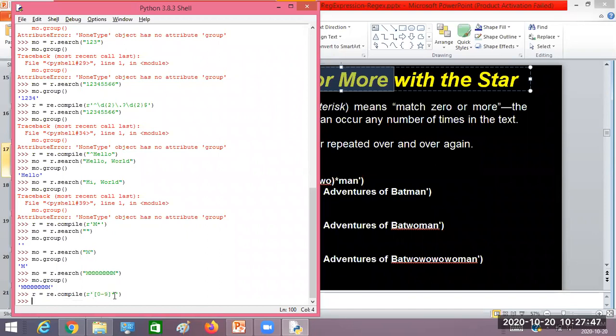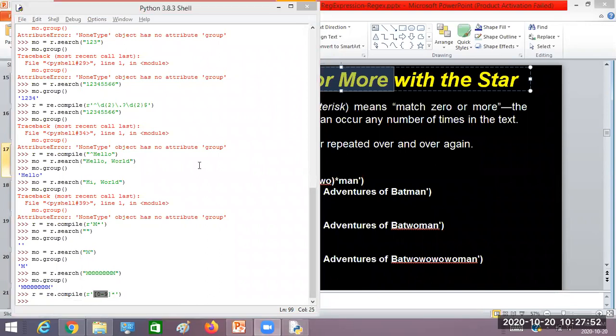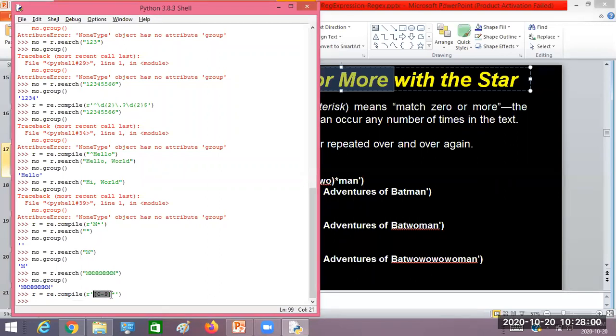This character class matches a single digit between 0 to 9, and the star means 0 or more occurrences of a digit. That means it can accept empty data, or a single digit, or 2-digit data, 3-digit data, 4-digit data, or any number of digits. Did you get the idea?